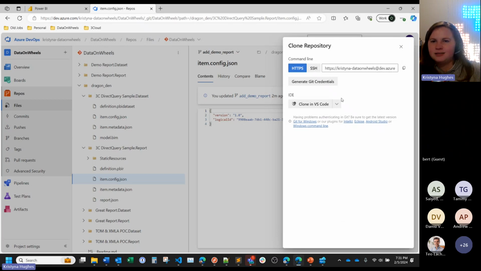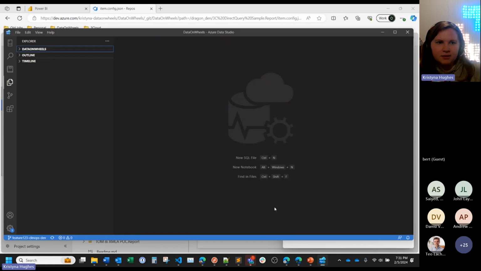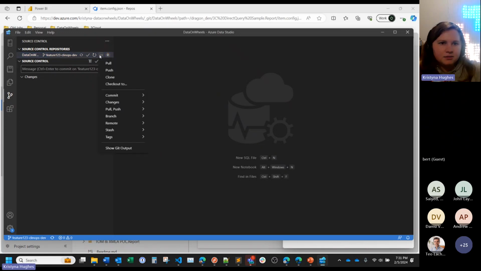The reason I want to do that instead of VS Code is just to show you guys how to set this up if you want to use something else, but VS Code works really well. So if I go in here, we're going to copy this URL. I'm going to go back to Azure Data Studio, and underneath source control, we go ahead and